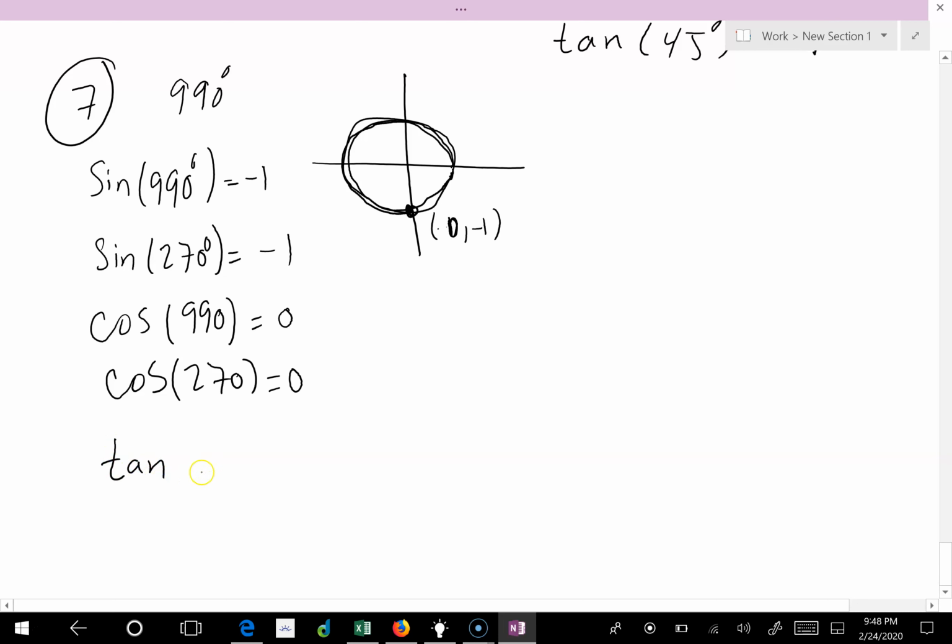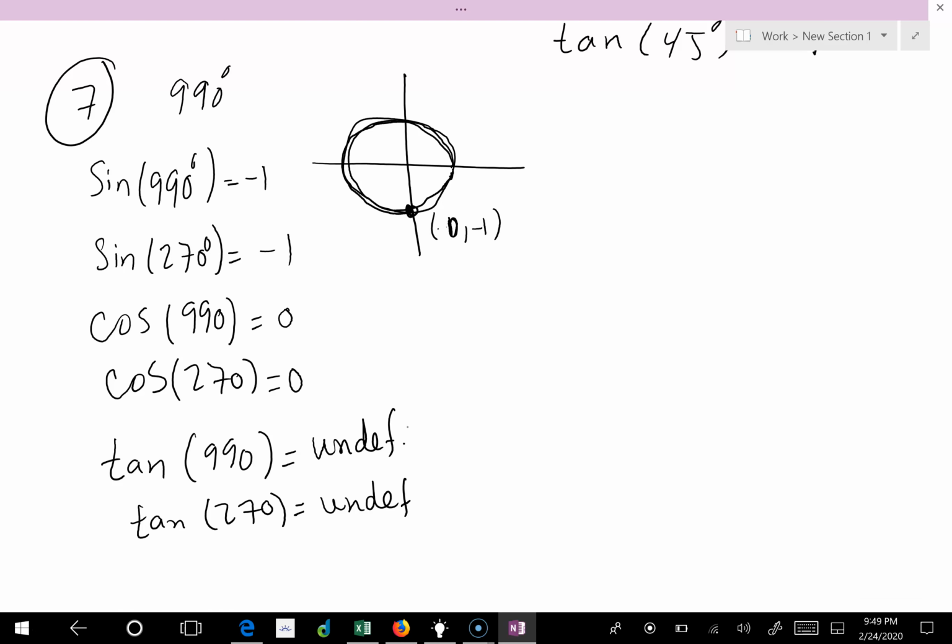Tan of 990 is the same thing as tan of 270, and that is sine over cosine, that is undefined. To find the other ones, you just use the reciprocal of sine, cosine, and tan here, and you find, and don't forget to put the